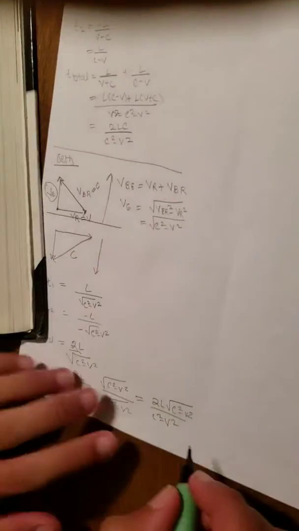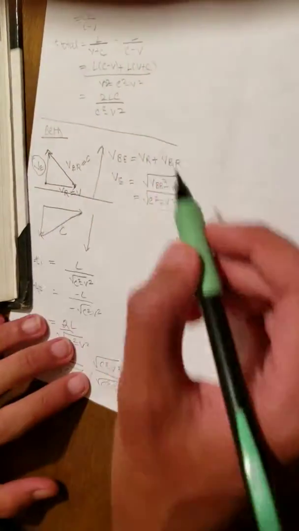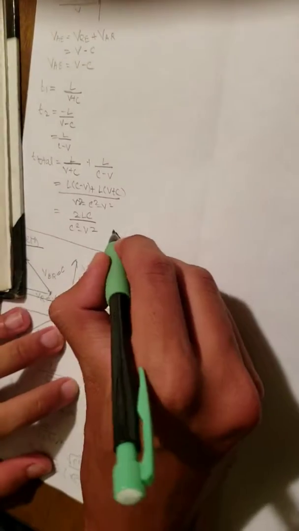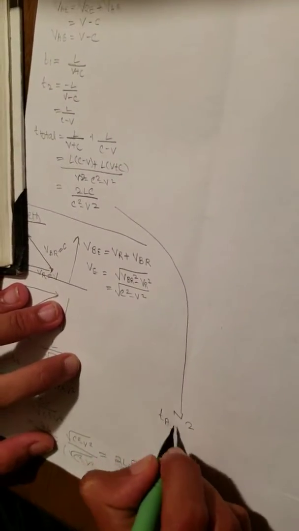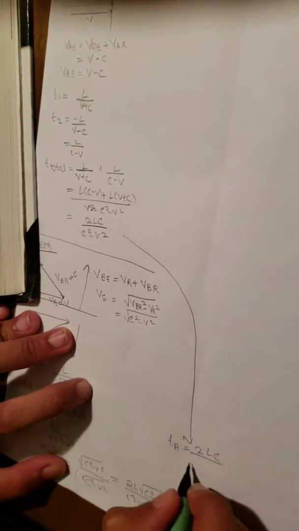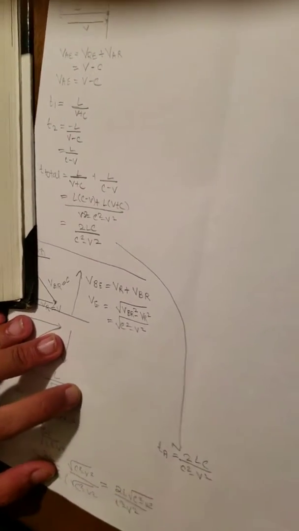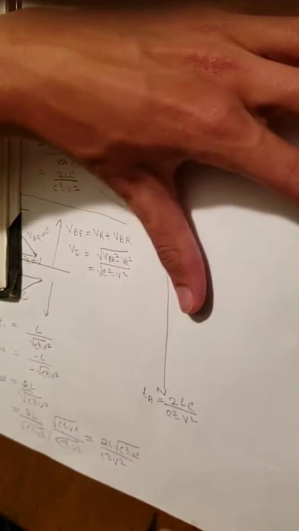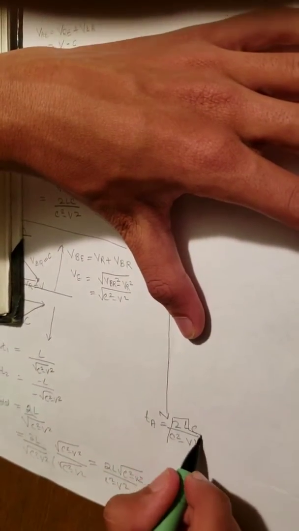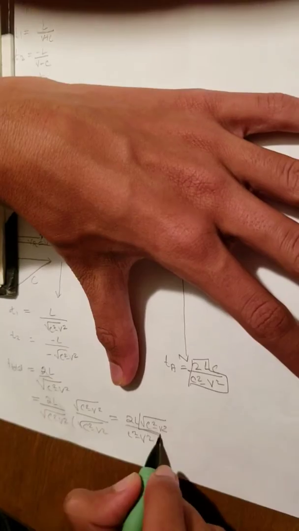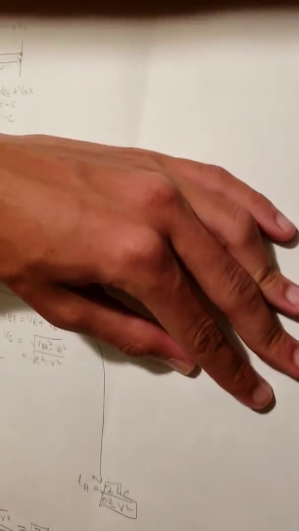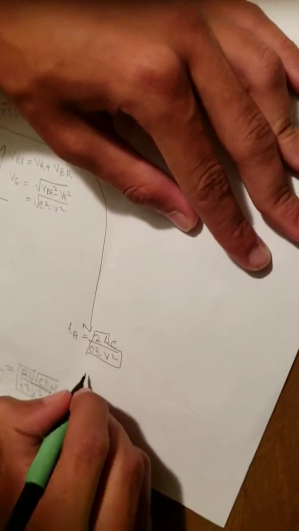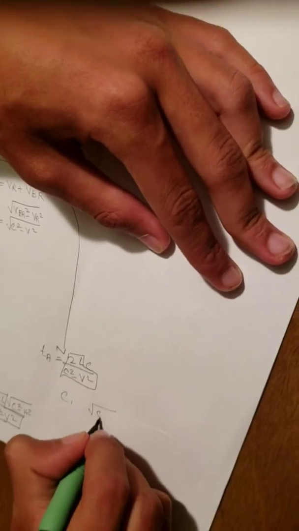Now if we compare this equation to the one that we got for Alan, which is 2Lc over c squared minus v squared, we can see that this part of the equation is the same as this part of the equation for Beth. So to find the difference between the time, we just need to compare c to the square root of c squared minus v